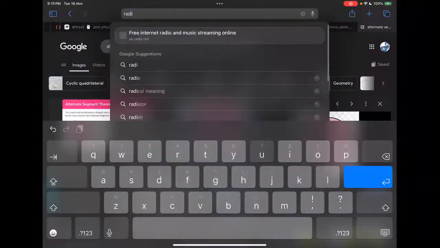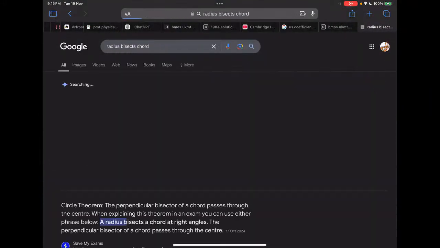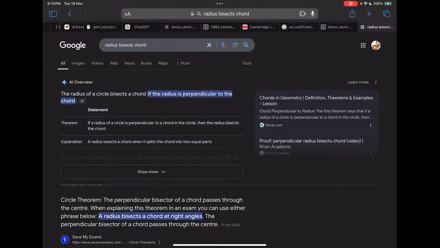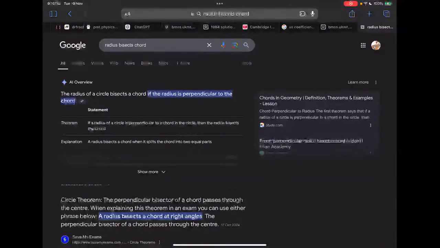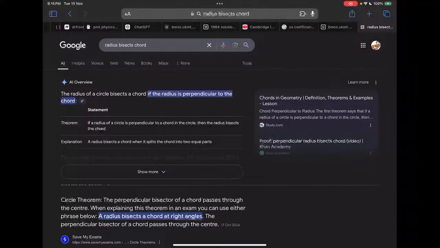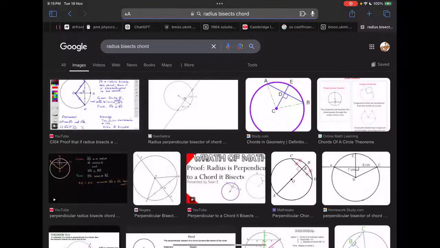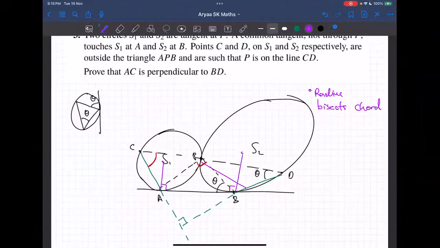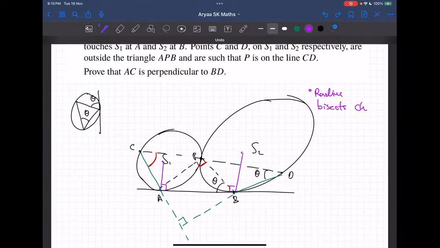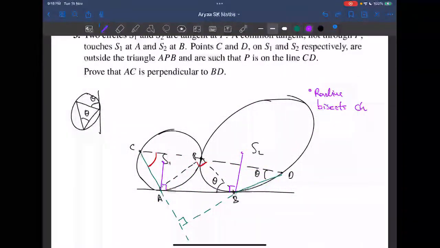Wait, let me just search up what that circle theorem is. Radius bisects chord. Okay. So it's not just radius bisects chord. That's kind of silly. But